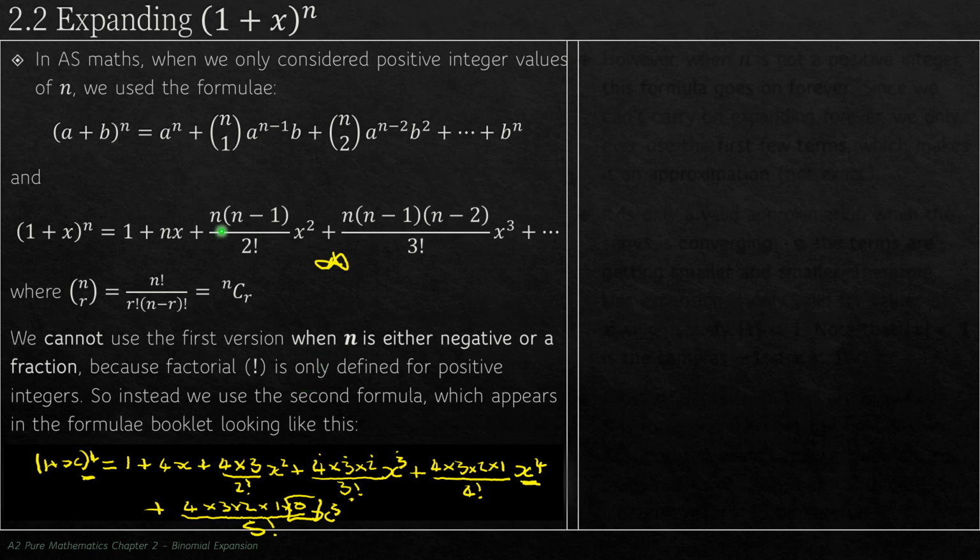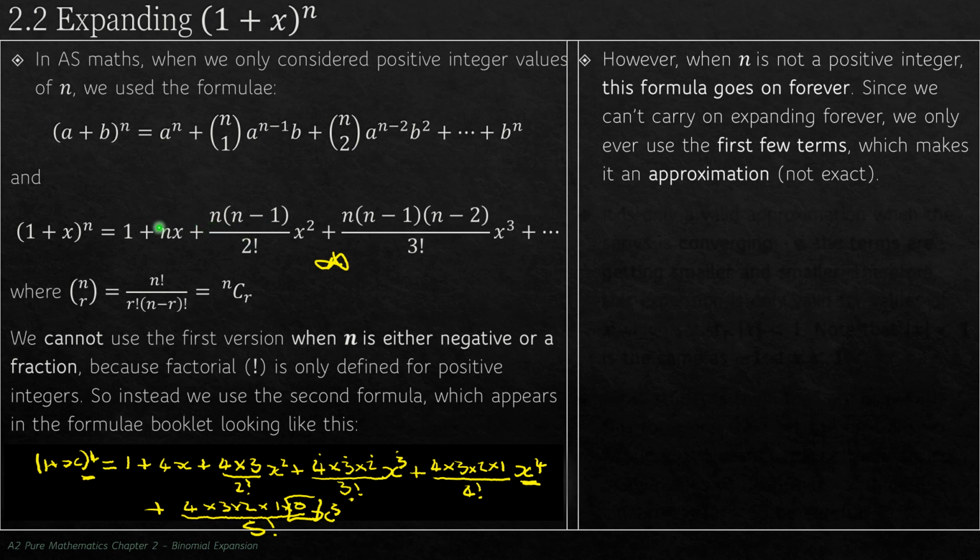When we consider using this formula with a negative or with a fractional power, what we end up with is this expansion going on forever. If we put minus 1 in here, I get minus 1, and then here I get minus 1, minus 2, for the cubic term I'd get minus 1, minus 2, minus 3. I've already gone past 0 and I'm not coming back to it because I'm going to keep subtracting off, whereas with this expansion here I do get to 0 because I started with a positive integer,